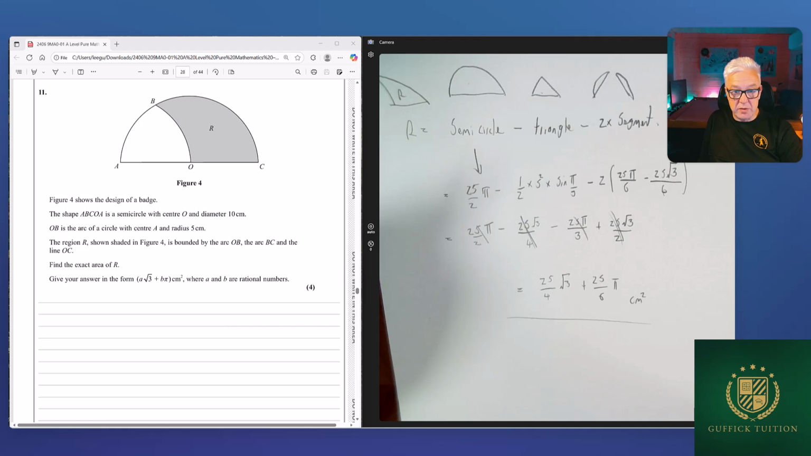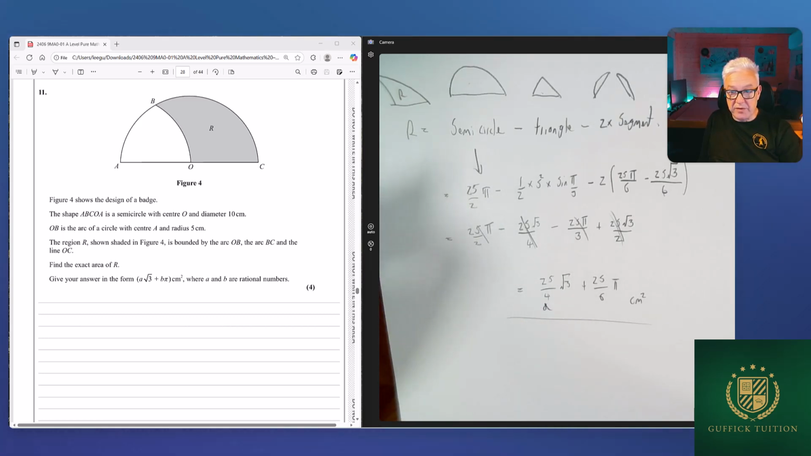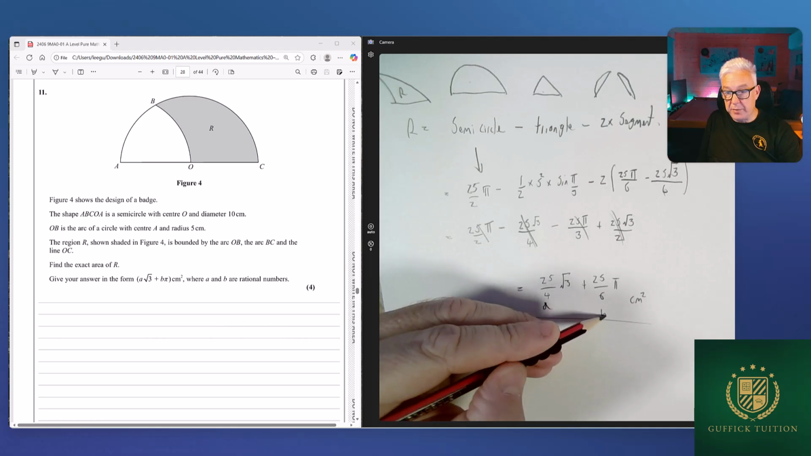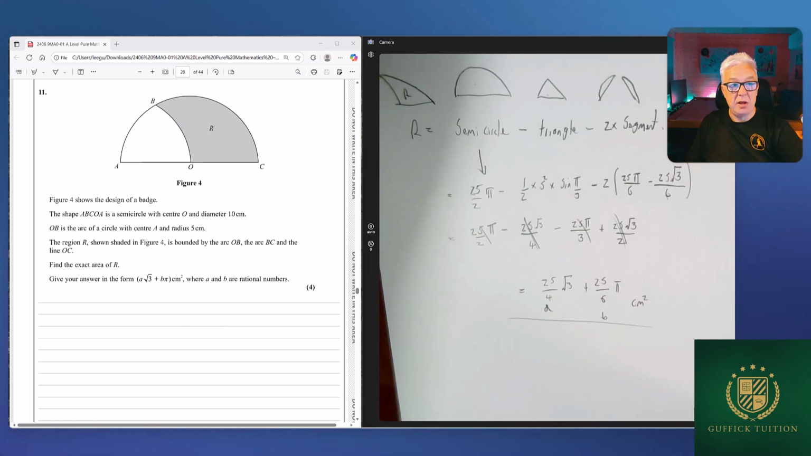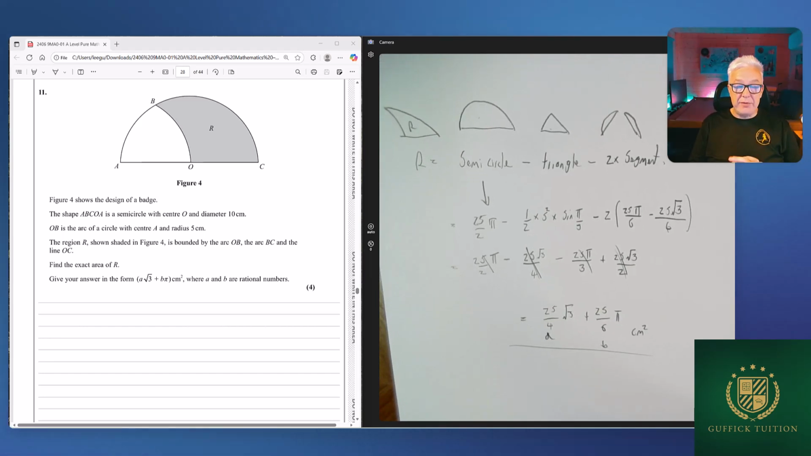So we have 25 over 4 root 3, so that's our A, and we have 25 over 6 pi, so that's our B. And that is that question. Again, that was another very nice question, I think. So that's how you do question 11 on paper 1